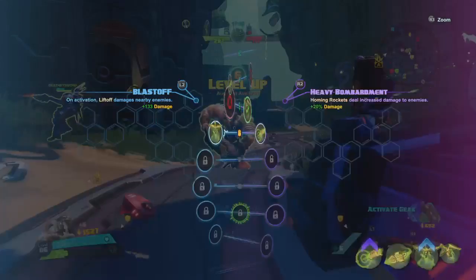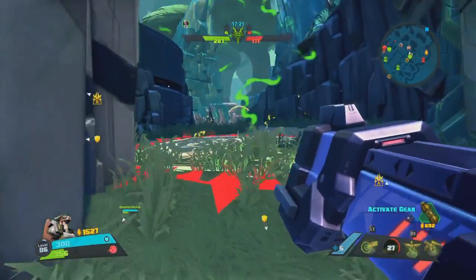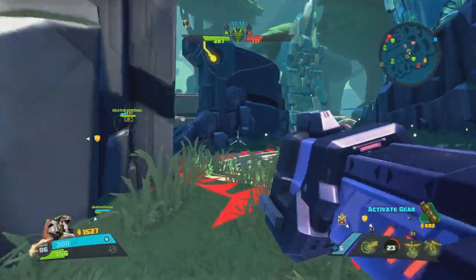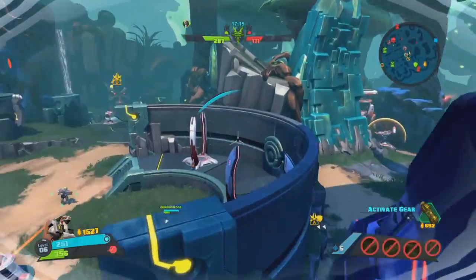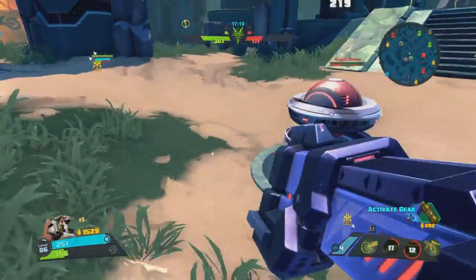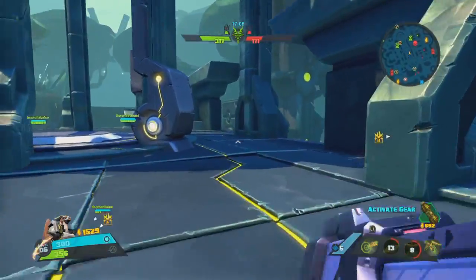Looks like we got all of us here. I'm definitely going to take the 20% extra damage on homing. We just need to land another homing shot. There's Thorn. Yeah, we're just going to go right through. Oh, I wanted to chase that guy down, but they already built the support station. We're going to take that out. We're pretty much dominating this match, and